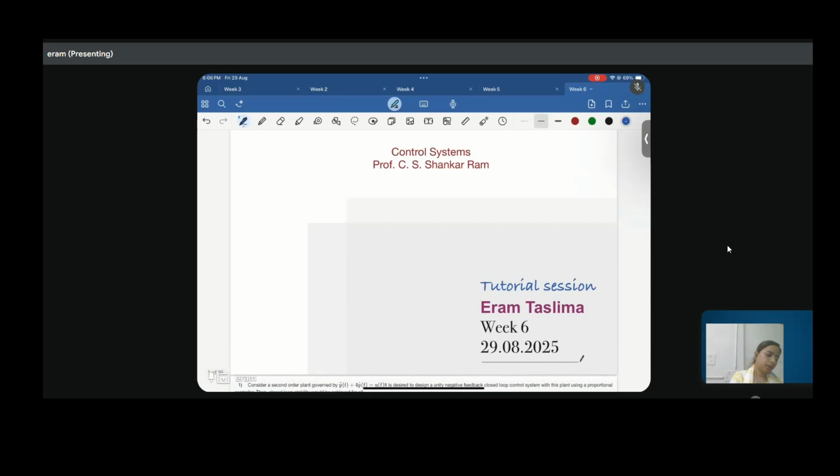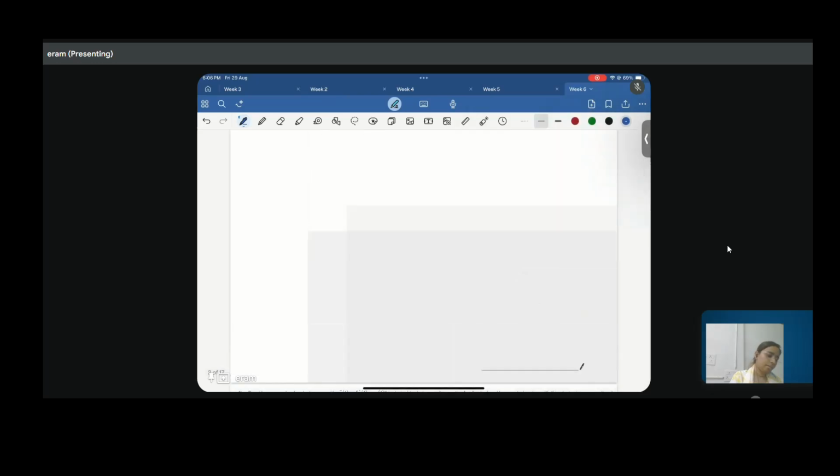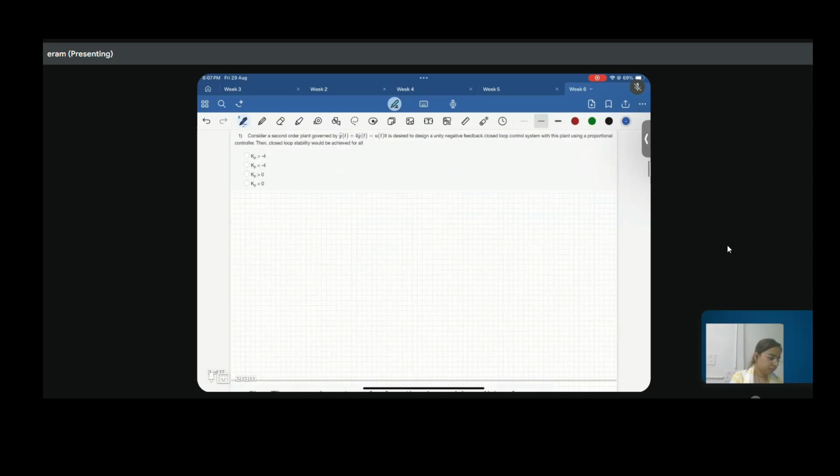So today we will be discussing questions on steady state error, and second will be questions on root locus. And I hope you all have gone through the lectures that are uploaded in the NPTEL by Professor. We'll start with